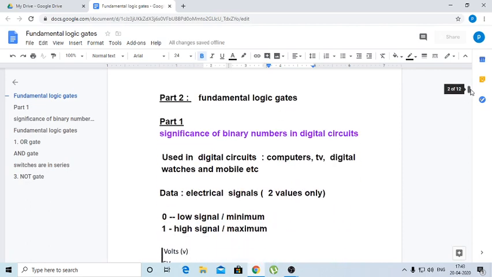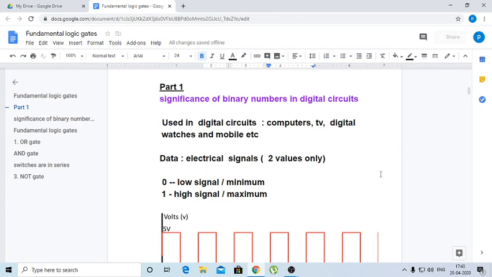So coming to the first part of this class, what are binary numbers and binary addition, binary multiplication, everything was discussed in the previous class. We will just have a recap about that. Binary numbers are the numbers which are represented only with the two digits 0 and 1. The total data is converted into binary numbers, whether they are characters or decimal numbers.